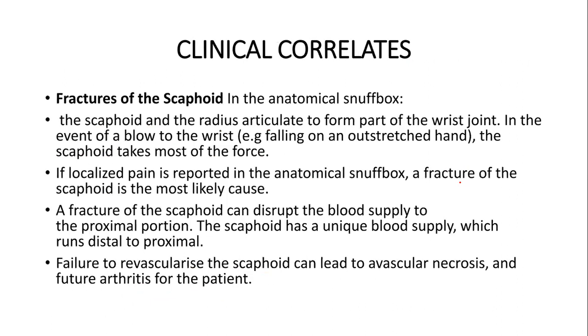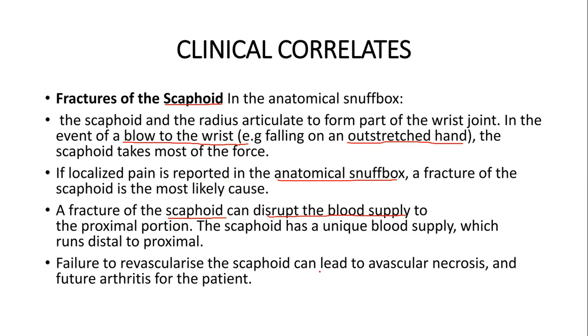Okay. And clinical correlates. One, remember the floor is formed by the scaphoid bone. So fractures of the scaphoid bone can arise. Okay. So especially if one has a blow to the wrist, especially a fall on an outstretched hand. Okay. In these cases, how it presents, there will be a tenderness in the anatomical snuffbox. Okay. And fracture, remember scaphoid has a retrograde pattern of blood supply. So if you have a fracture, especially of the neck, this will disrupt the blood supply to the proximal portion of the bone, and